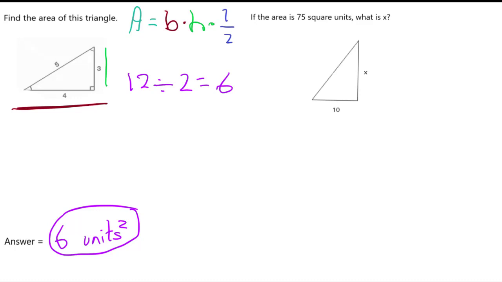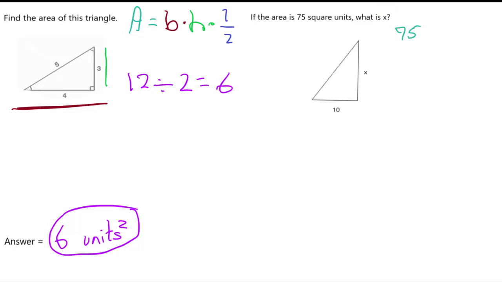But now, what if they give us a question where they told us the area, but they're asking us to find one of the sides? Let's read this question. If the area is 75 square units, what is x? Meaning the area is 75 and we have to find the value of x, which is one of these sides. So we're going to look back at the formula to help us. It says area equals base times height multiplied by 1/2. So we're going to take each of the letters in the formula and write it out using the numbers in this equation. So area would be 75, right here,